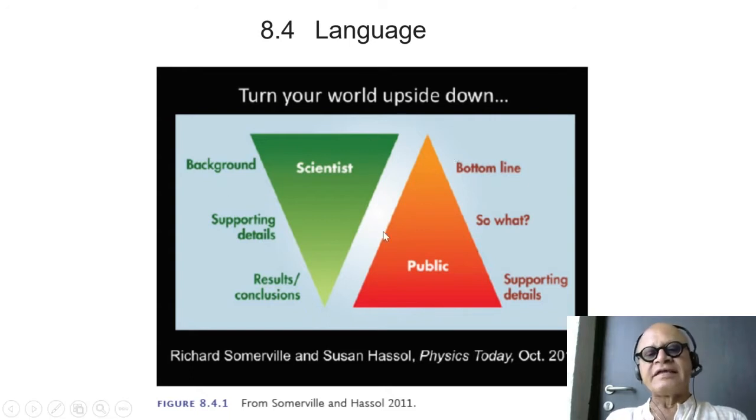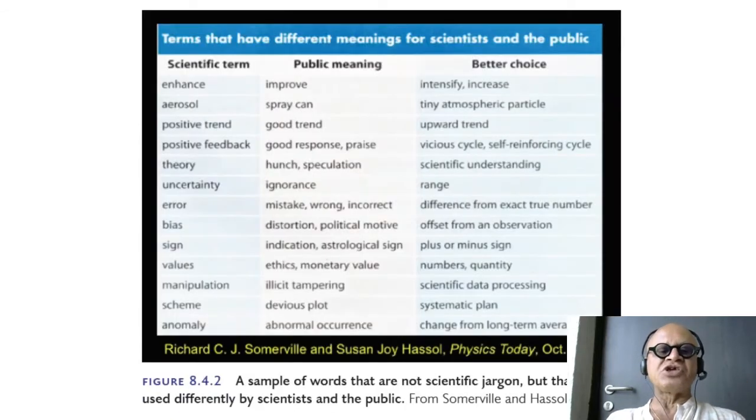So the advice is to use what the journalists would do. They start by saying quickly what the bottom line of the story is. So you quickly grasp what the story is and whether you should want to read further or not. So then they tell you, so what? What if this was found? Let's say somebody announced that Obamacare must be abolished, and then you say what the consequences are and what are the supporting details, and so on and so forth. It's just an example, but I think you know what I mean.